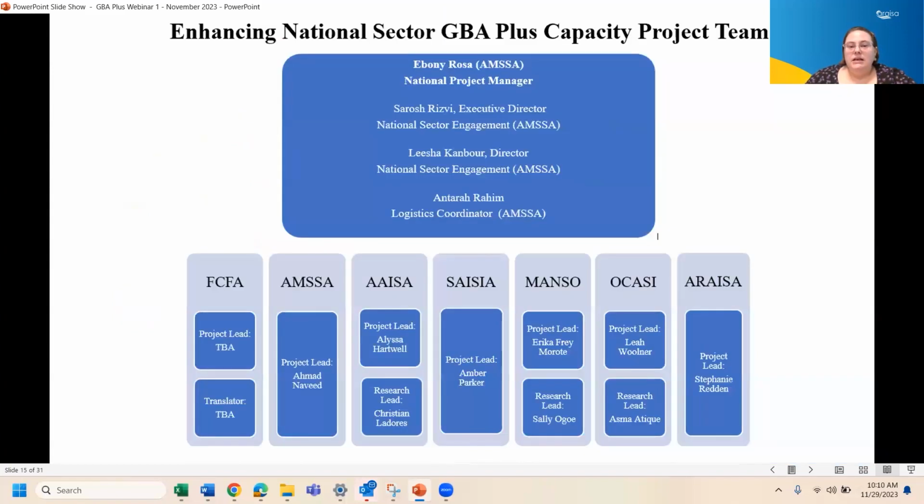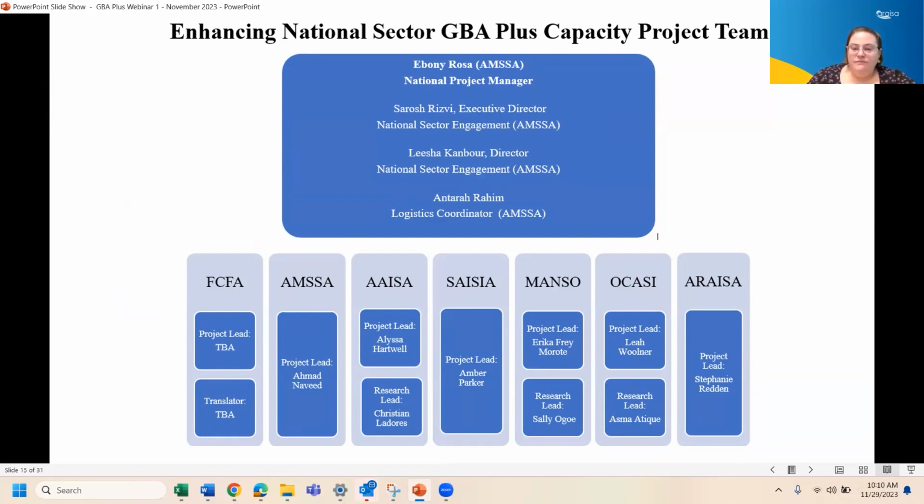And this is an organizational chart of how the team is structured. Our leadership is based at AMSA, as well as our logistics coordinator. Some of the umbrella organizations have both a project and a research lead. We at ERASA have a project lead, which is myself, and we work in collaboration with MANSO, the research lead